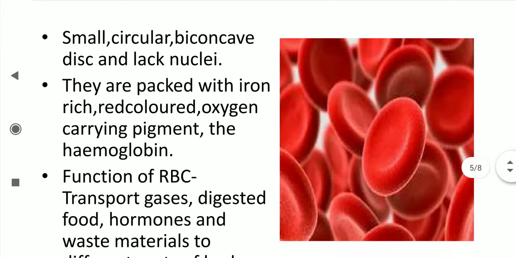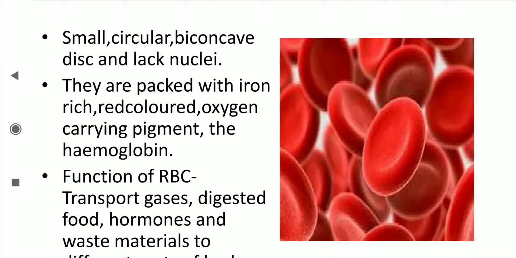Children, you are seeing in the picture these red blood cells, they look like small poppins. Okay. They are small, circular, as you are seeing in the picture, and they are biconcave. Biconcave, clear, from both sides. Just as you have seen a depression in poppins, on both sides the depression is there, and this is called a biconcave disc. They do not have nuclei.